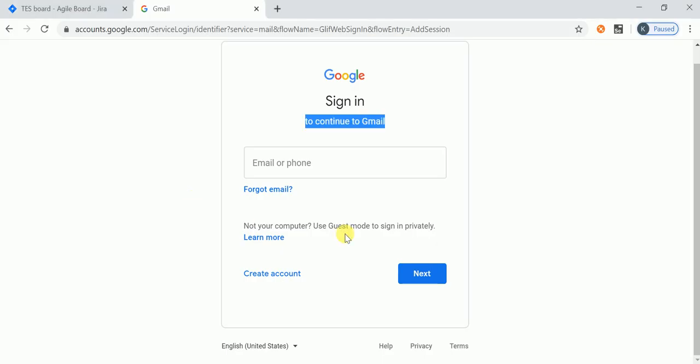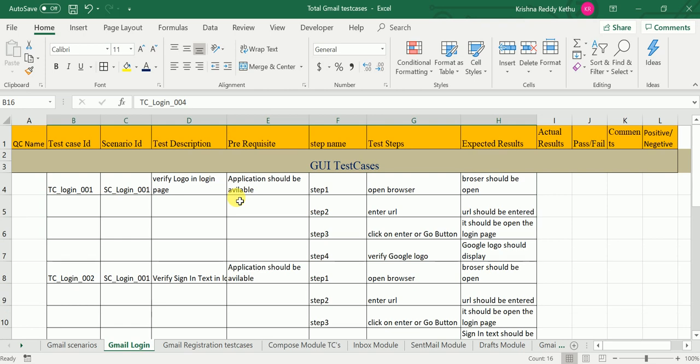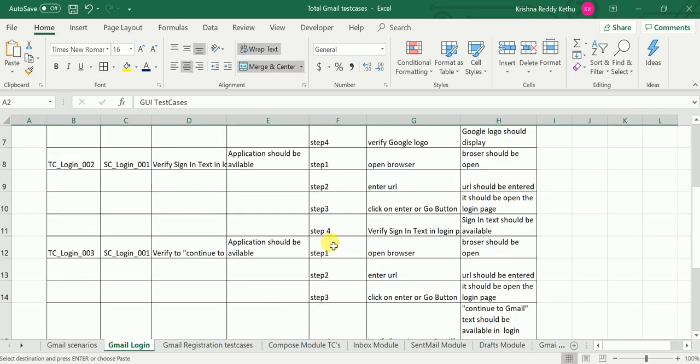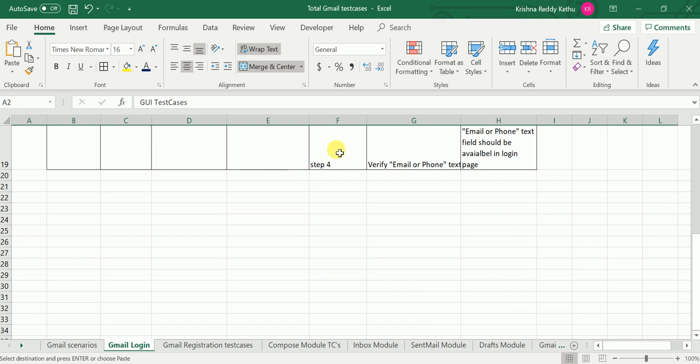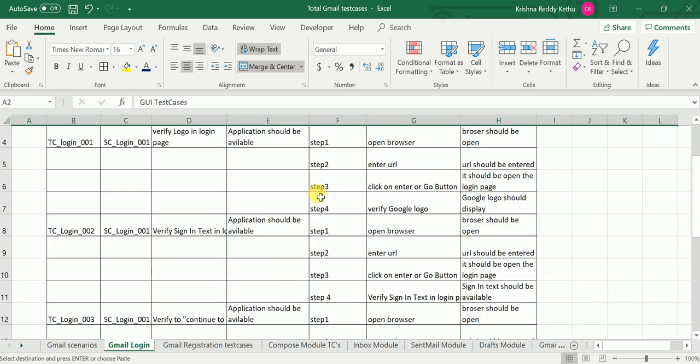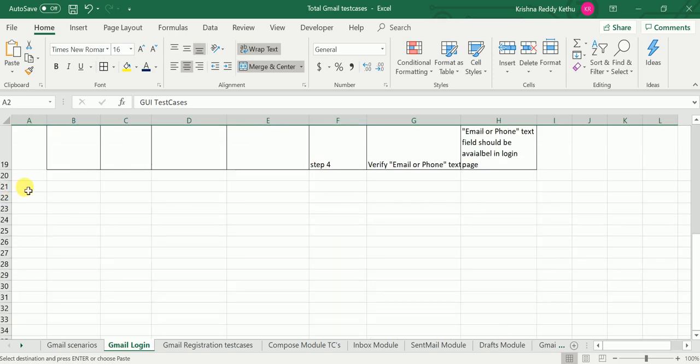So now let me explain GUI. Forget whether email is available or not, and whether this text is available or not. Learn more, create account, next, English, help, privacy, terms, all these are GUI. These are GUI test cases. You can write n number of test cases. Now I hope you understand how to write. Next I am moving to the